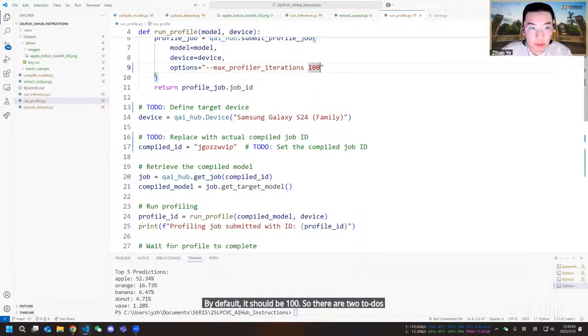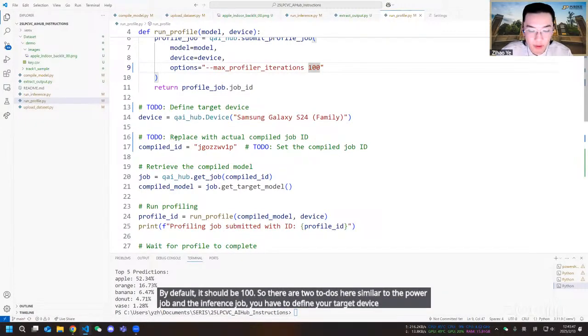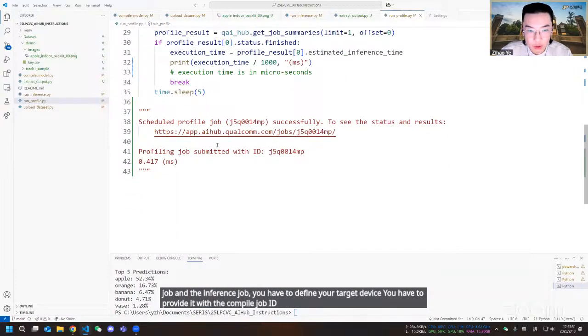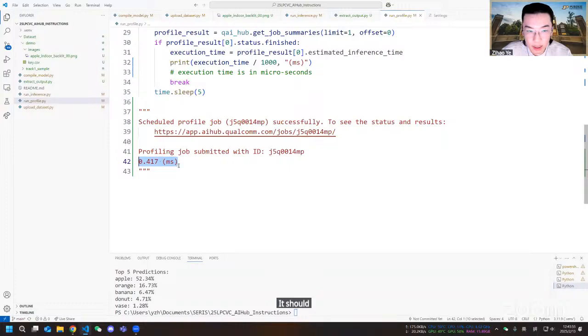Similar to the compile job and inference job, you have to define your target device. You have to provide it with the compile job ID. And by running this code, it should provide you with an execution time. So this is all for the demo. Hopefully, you'll get a better understanding about AI Hub and how to use it.